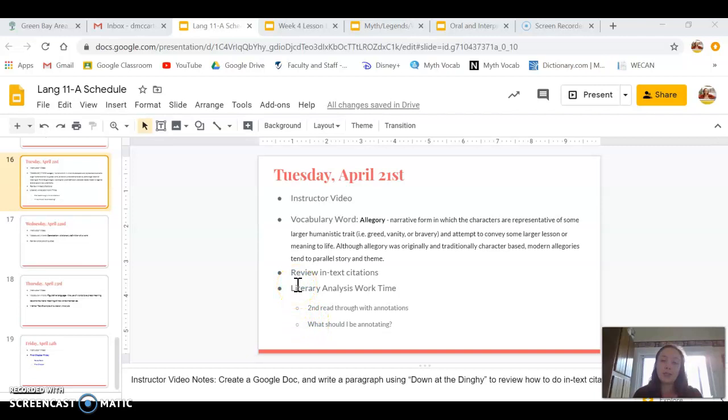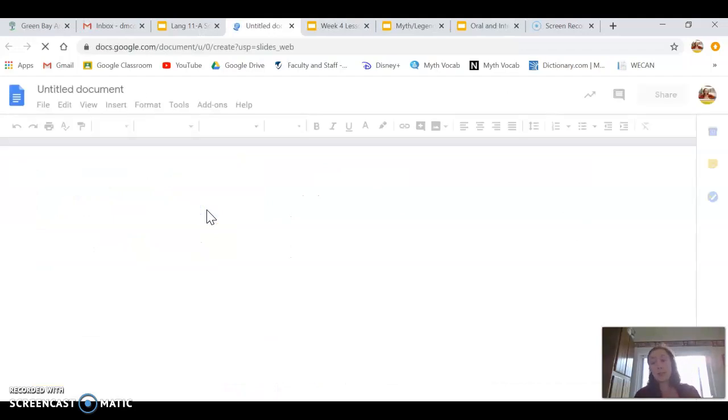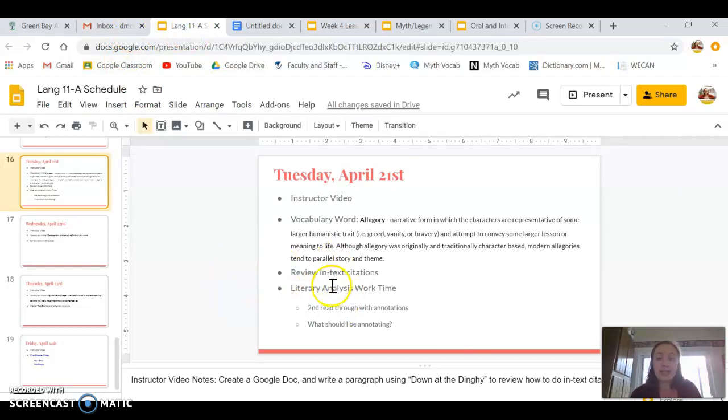Also, let's get into what I want to go into today in my Google Doc, which you'll see in my video notes to remind myself. So let's make another blank document. And I'm not going to do the whole document. I'm just going to show you how to do in-text citation rather. So I am going to show you using Down at the Dinghy as an example, seeing as though we can keep with the theme and you recognize the text that I'm using and the references that I'm using. And the theme I'm using, because I'm going to use the same thesis as I